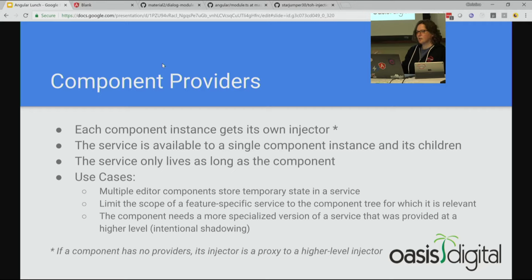So you cannot share state between instances of a particular component if you provide a service at the component level. And any service provided at the component level is also available to any child components. I'll show an example of that in a second. Okay, so some use cases for why you would do this. I think the most